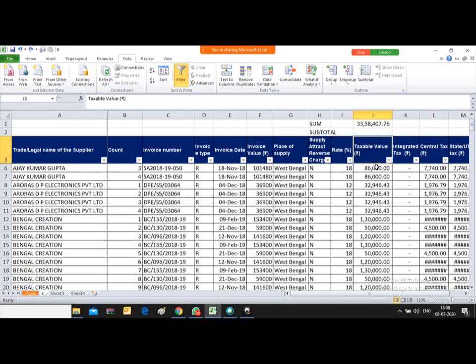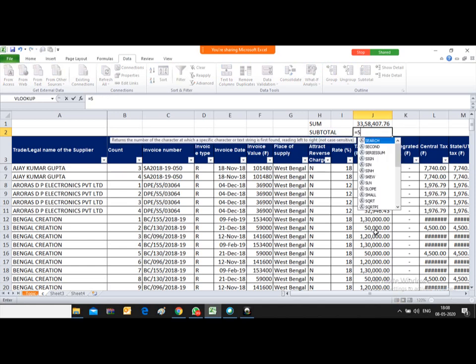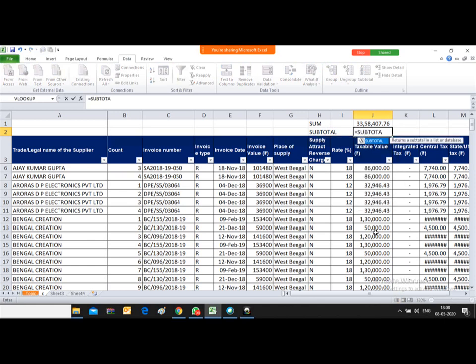Now I am repeating the subtotal function. Type equal to subtotal, and then start bracket.